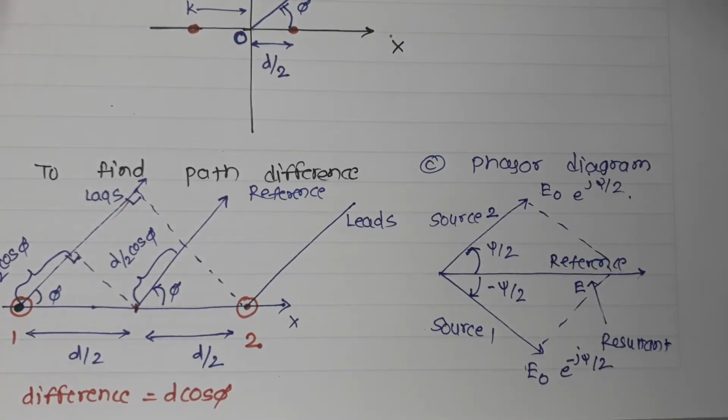Now these are two element arrays which have equal amplitude and the same phase. What will happen if we have equal amplitude and the same phase? How are we going to calculate the total field radiated by this? We wish to find the field at a distance r with angle phi from the x-axis. So we are going to take two possibilities into consideration.